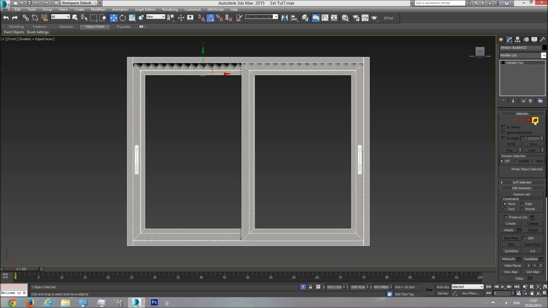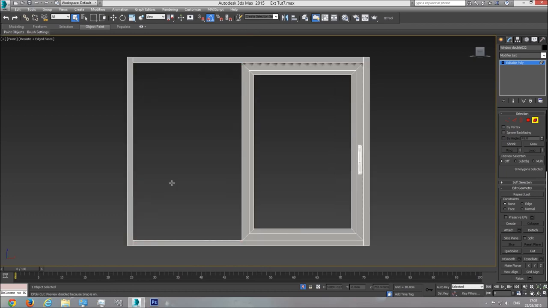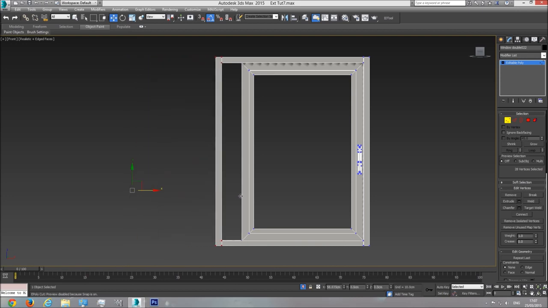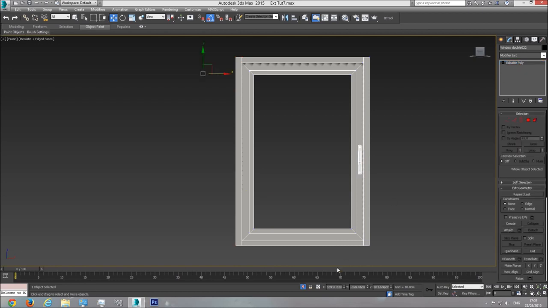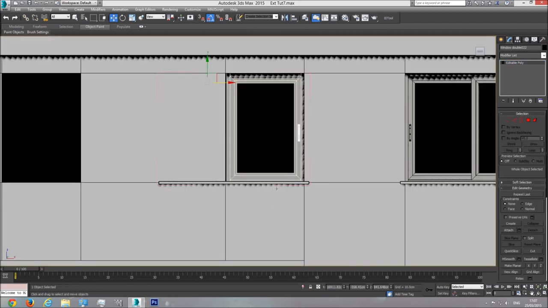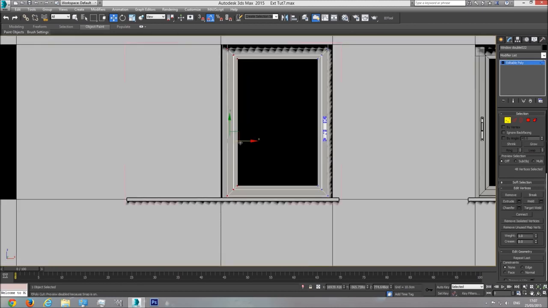I'm going to select elements, go to select object, and select all this left part of the window, everything. Just select and delete. Next thing I want to do is take these vertices to the right like so, and we have a one-parter window. Let's unisolate it by clicking on the bulb, and now we need to make the window a little bit bigger. So I'm going to select these vertices on the left and make it a little bit bigger so it fits the opening like so,